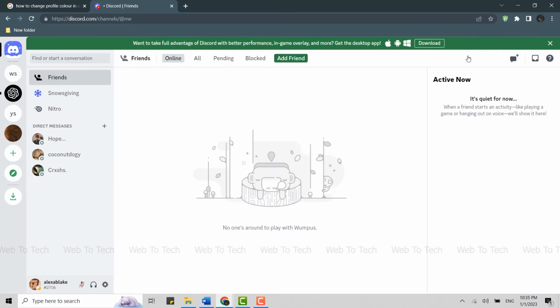As you can see, I am already logged into my account. If you are not logged in, you need to first log in by providing the correct account credentials. Now, once you have been logged in, what you have to do over here to change your profile color is